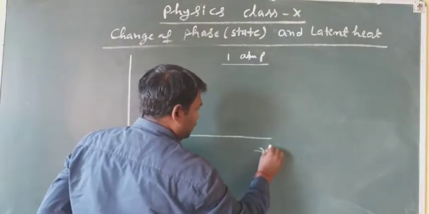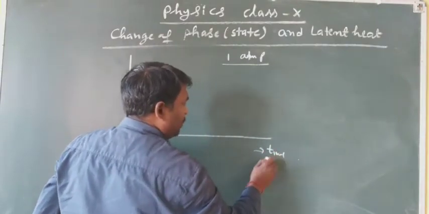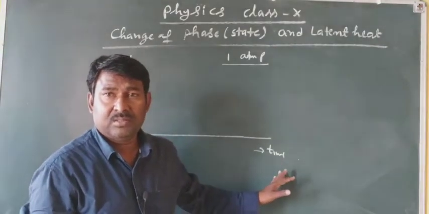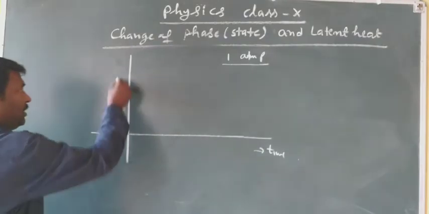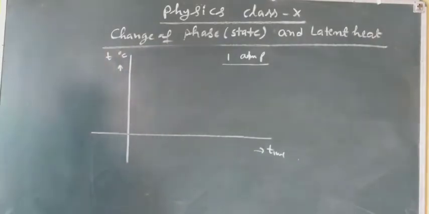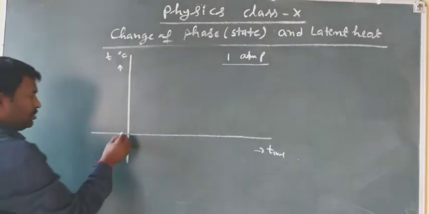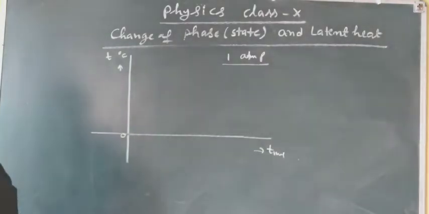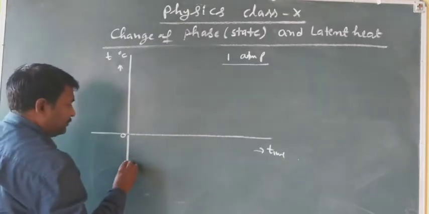between here, along this axis, time, till which we are supplying the heat, okay, and along this axis, temperature in degree centigrade, right? Suppose this is 0, meaning at 0 time. All right, now if you draw the phase diagram, like this,